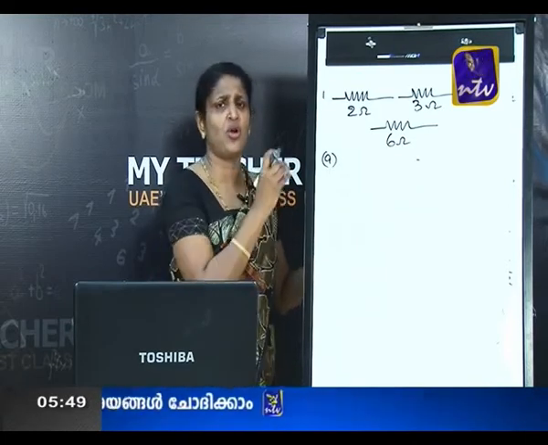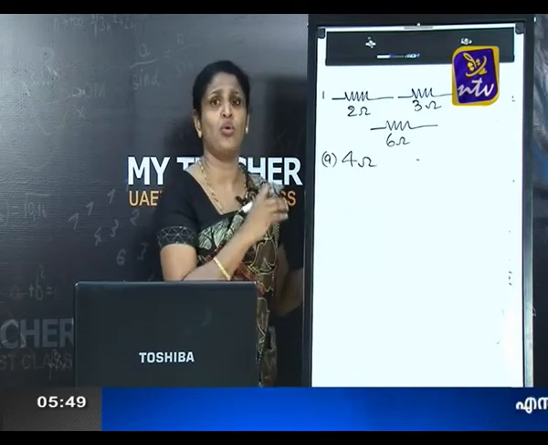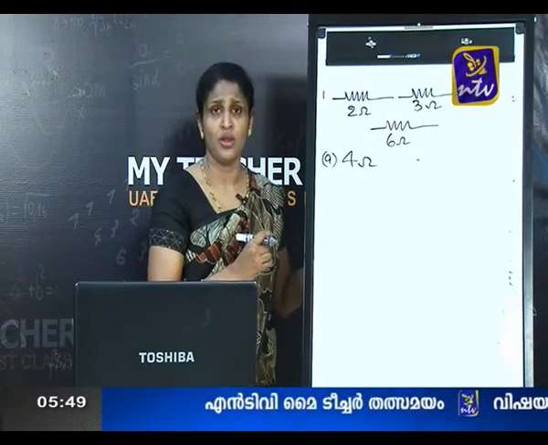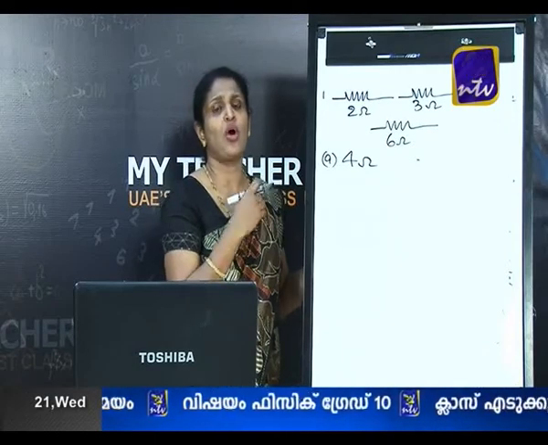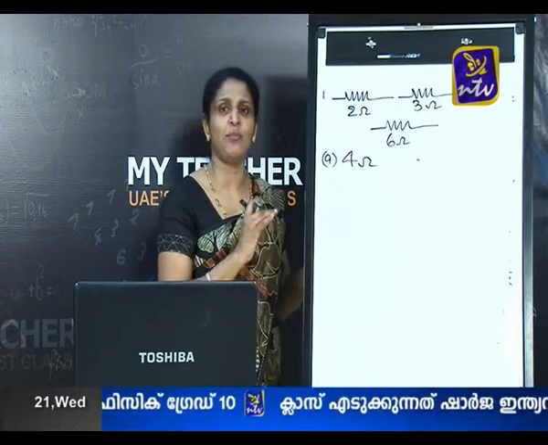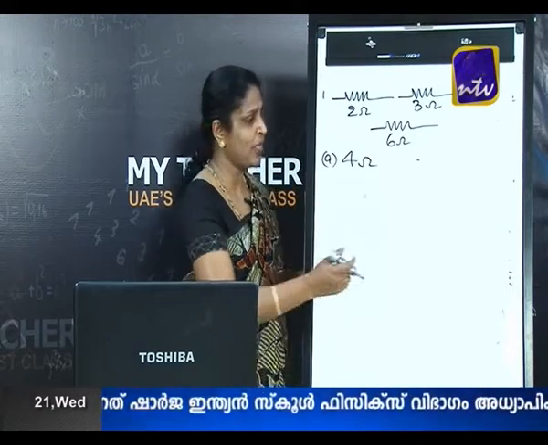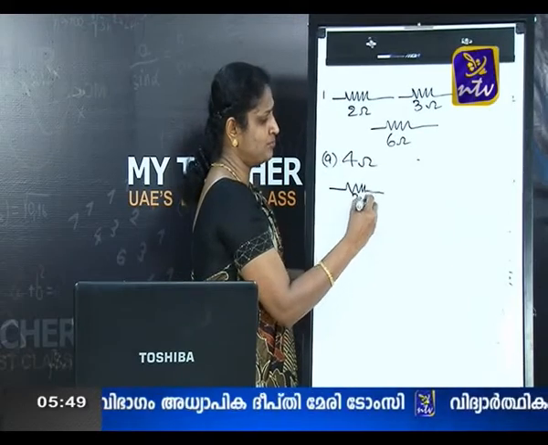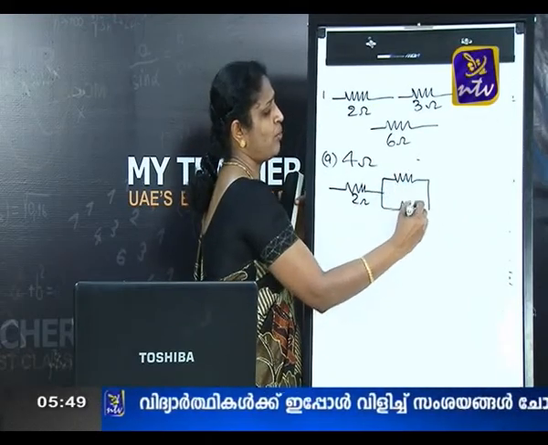So, 4 ohm is not a number more than 6 ohm, neither is it a number below 1 ohm. So, it is somewhere between them, showing that it is a combination of both series and parallel used for making a 4 ohm resistor. Now, let us try this way. Connect a 2 ohm to a parallel combination of 3 ohm and 6 ohm.